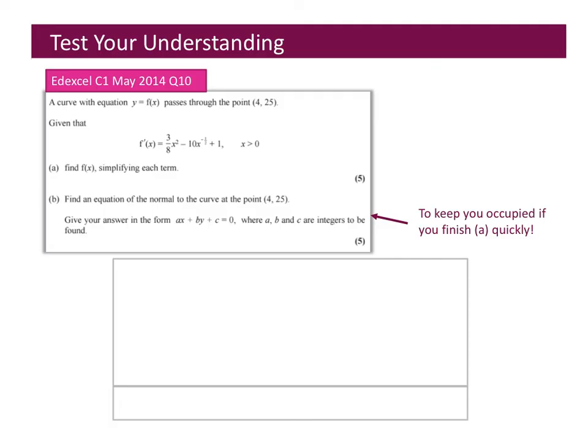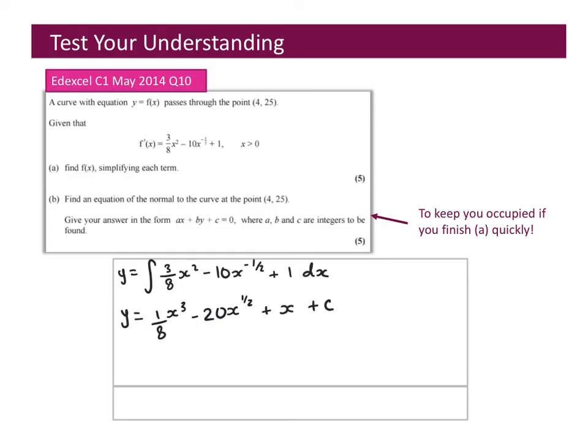Okay, step 1, it says find f of x, simplifying each term. So we know to find f of x, first of all, they are all of the base x. So straight away, I know that y is going to equal the integral of 3 over 8 x squared minus 10x to the minus a half plus 1 with respect to x. So then we're going to increase the power by 1: 3 divided by the new power, 1 over 8, x cubed, minus, increase the power by 1 is positive a half, minus 10 divided by a half is 20, x to the half, plus x